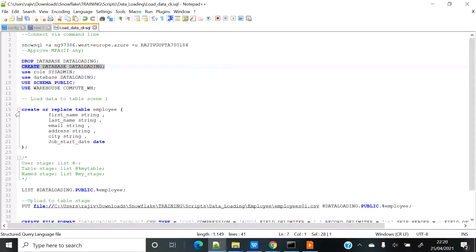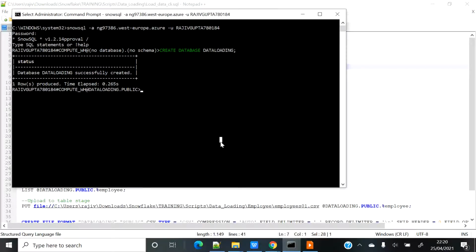Now I don't have any table called employee. If I want to select, I can just say select from employee, and I don't have any table with that name.